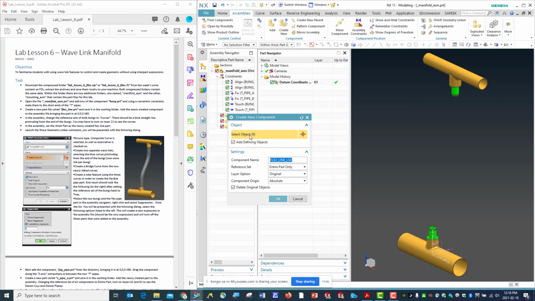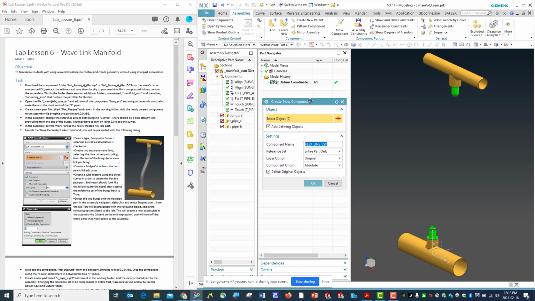It says here, select object. Do you want to create any? Select any object to create new components. So we don't need to create a new sub-assembly, so we're not going to select any object. The component's name will be flex underscore line underscore my initial, and the reference set is entire